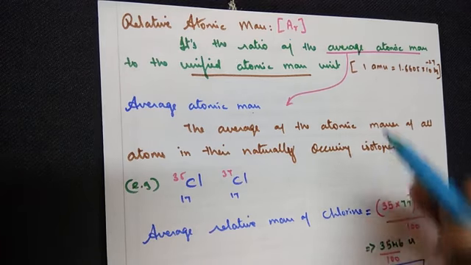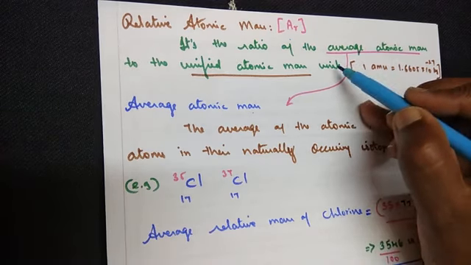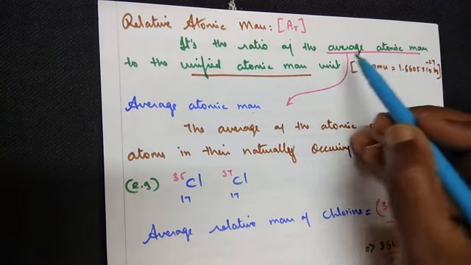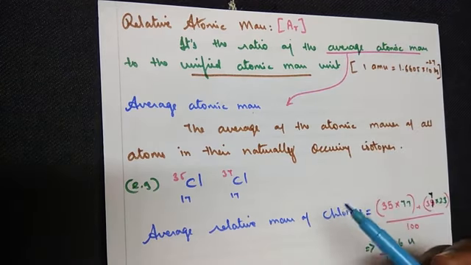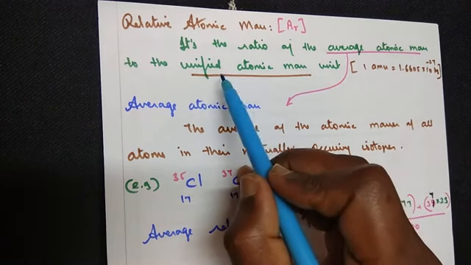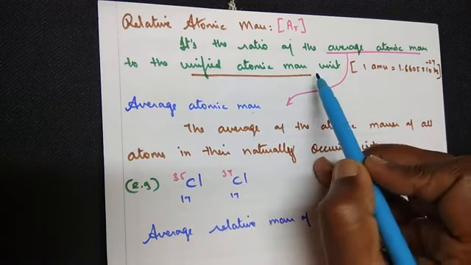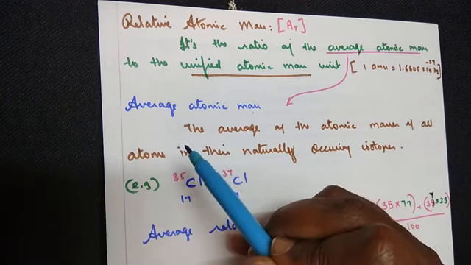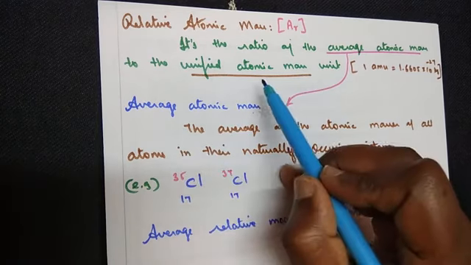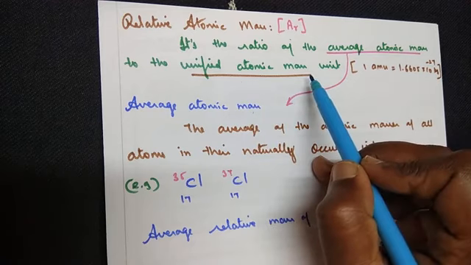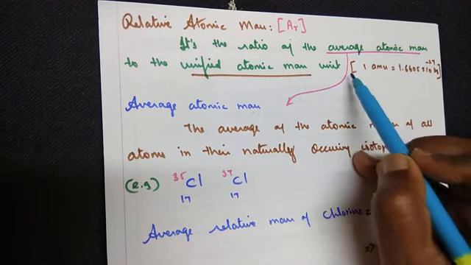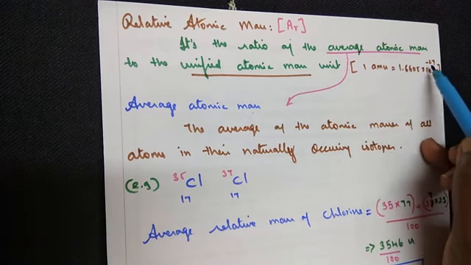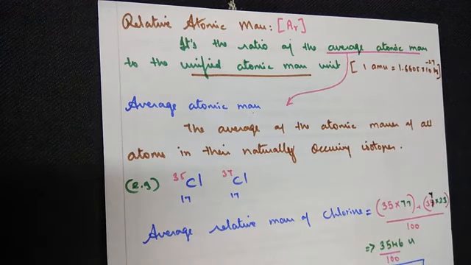I know very well you didn't understand what concept they are trying to explain from what I read. Let's go about it making use of the keywords given here. So you need to know the meaning of unified atomic mass unit. We have learnt it in the previous classes. If you watch it, you will know exactly the meaning of unified atomic mass unit and how we get its value to be 1.6605 x 10^-27 kg.